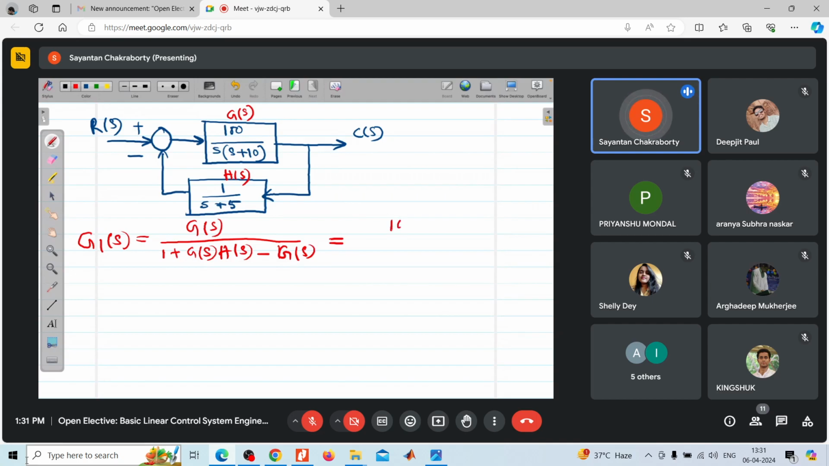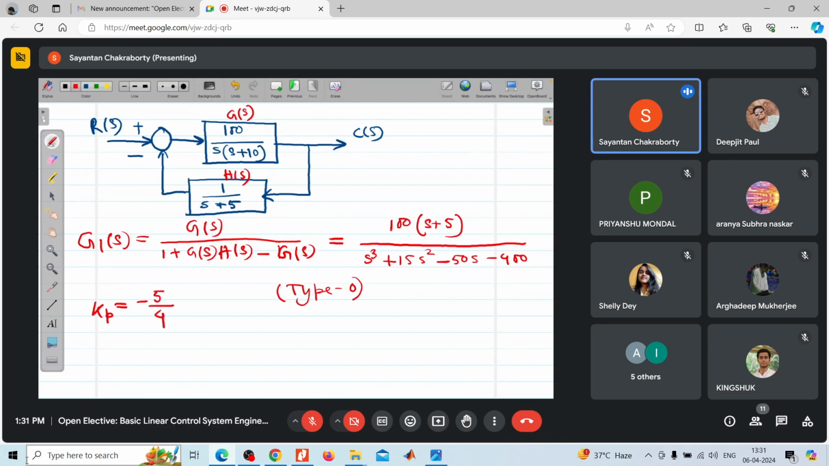ইকুইভ্যালেন্টটা এটা আসবে 100 s plus 5 divided by s cube, 15 s square minus 50s minus 400। এটা নিজেরা করে দেখো একটু। তাহলে কি হলো, বেসিক্যালি টাইপ 0 সিস্টেম হয়ে গেছে। কারণ তুমি যদি এগুলো বার করার চেষ্টা করো, হোয়াট উইল বি দ্য ভ্যালু অফ কেপি, এটা আসবে -5/4। এখান থেকে অবভিয়াসলি আমরা বার করবো, দ্যাট ইজ ইউর g10